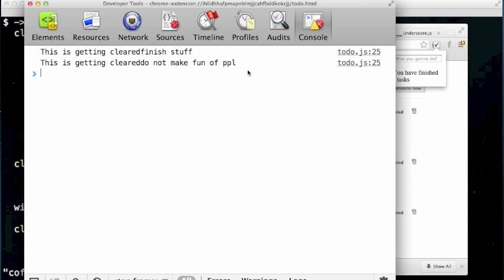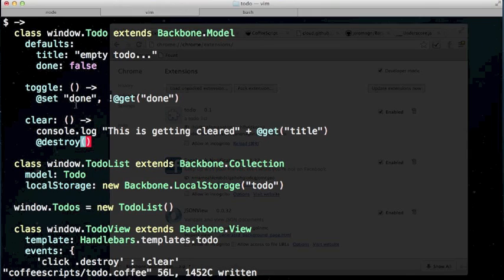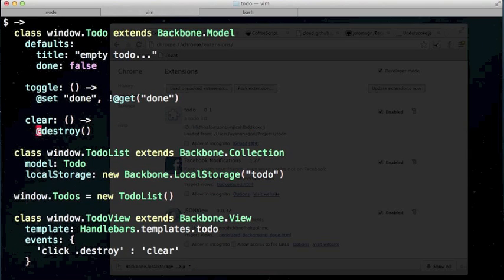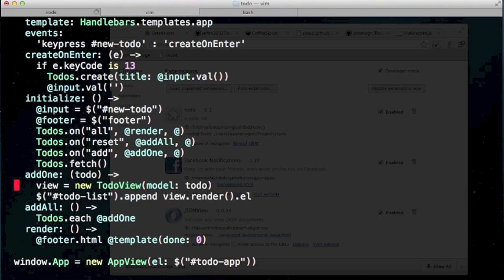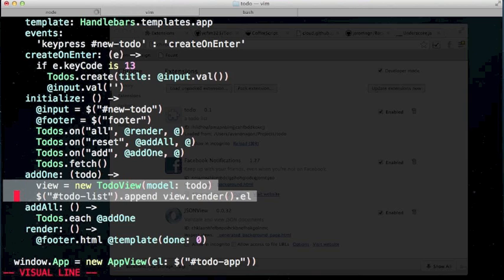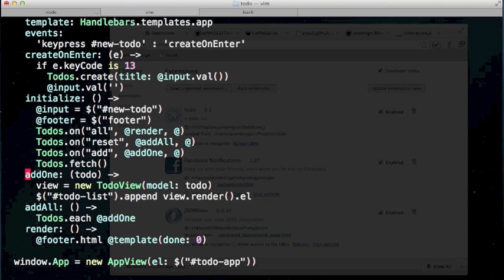You see that? Each model is bound specifically to a view. Do you know where we're binding models to views? Right there, right here. Here's where we pass in the to-do that we're going to bind, and we're just instantiating a new view. And then all we're doing is rendering this view, and we're passing in whatever model. That's why we're able to call this .model, because we passed this .model right there. And we call add one right here